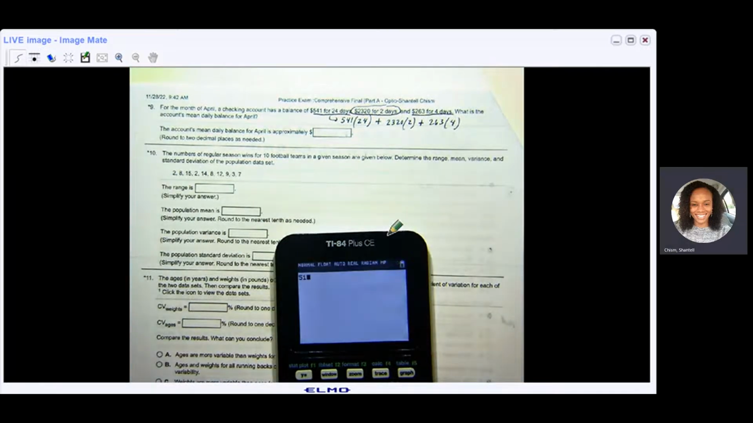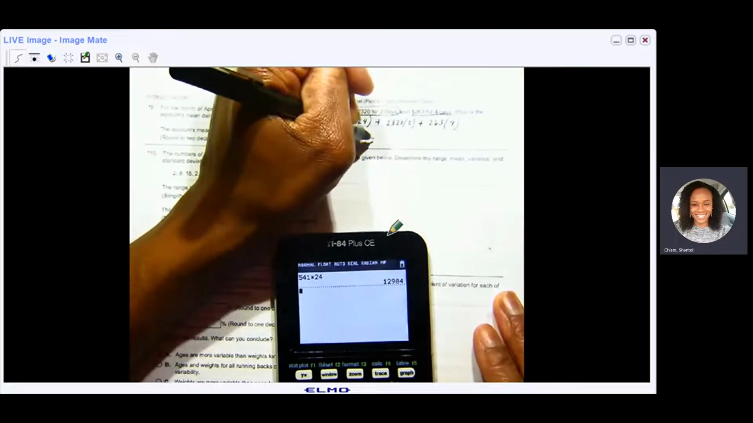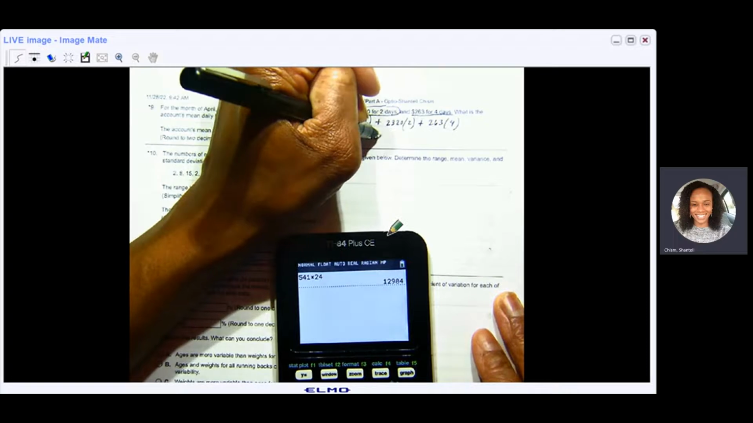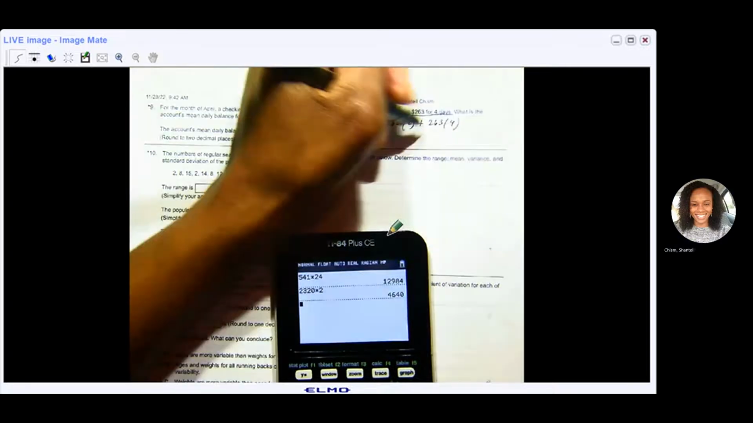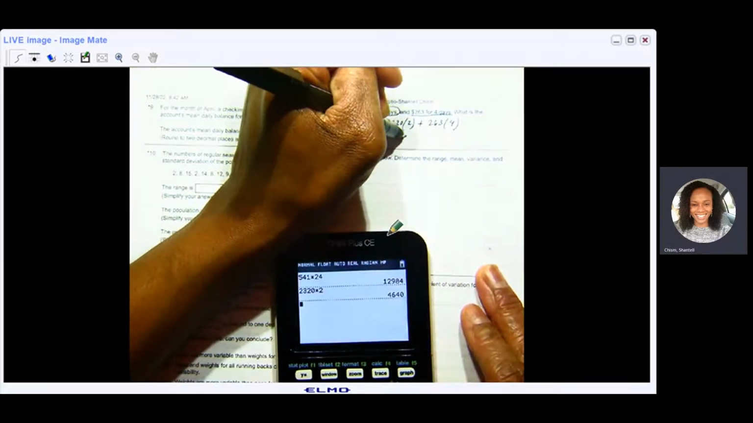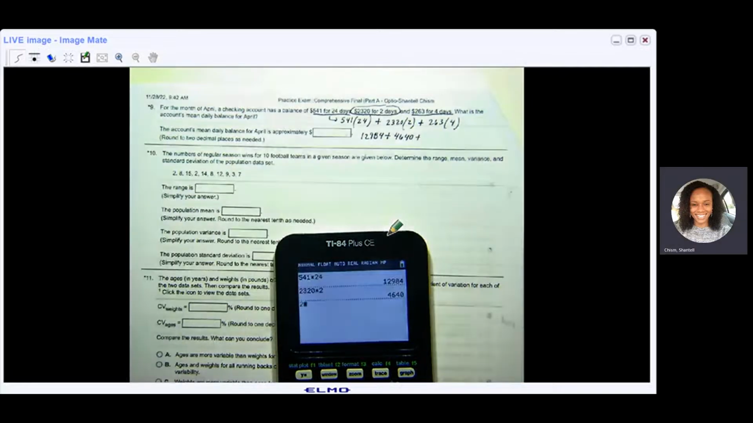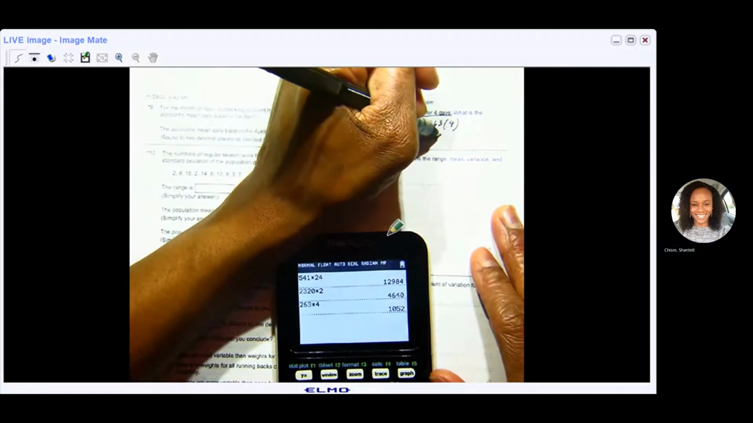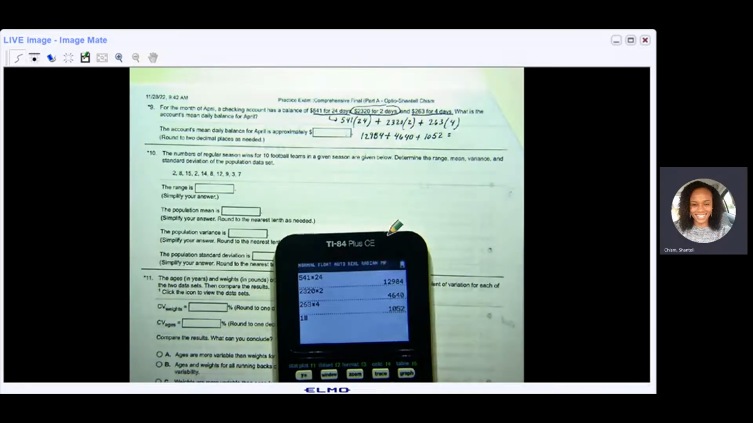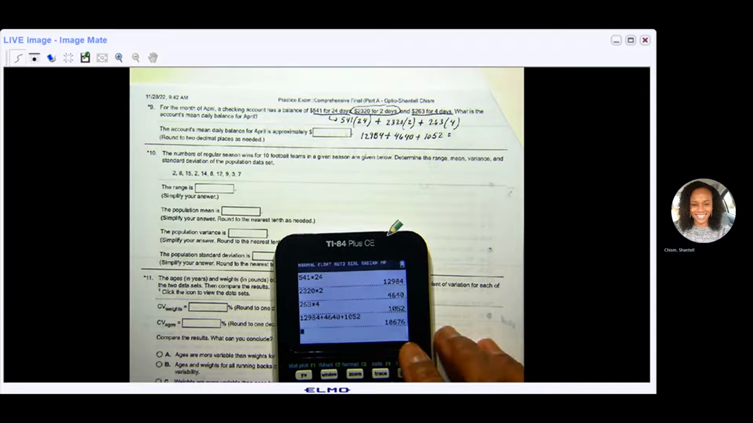541 times 24. That's 12,984. 2320 times 2, that's 4640. And then 263 times 4, that's 1052. So we're going to get that sum, 12,984 plus 4640 plus 1052. That is